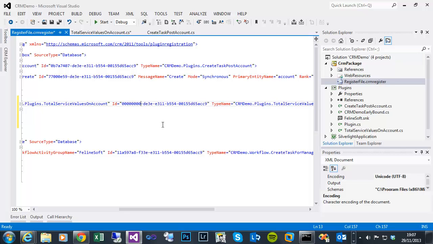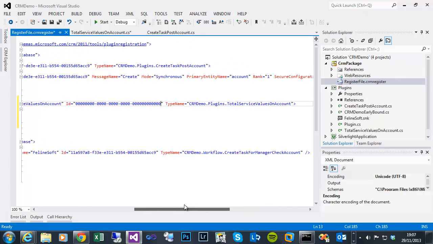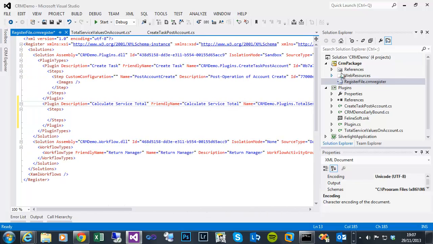So that needs to be 8 for the first set, 4, another 4, and then there's 12 at the end. That's 10, so 8, 4, 4, 4, 12. So that's now ready to deploy